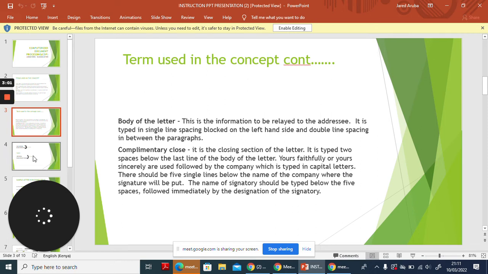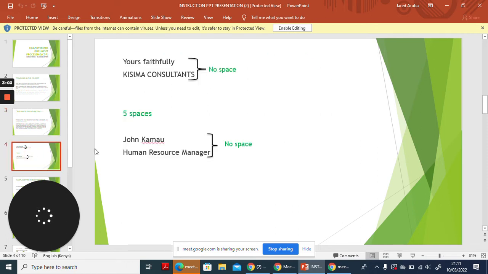And then let's look at how the complementary clause is typed. So you can look at, we have the yours faithfully, and then we have the name of the organization downwards here, the Kisima Consultancy. And then you turn 5 spaces, and then you type the name of the person who is writing the letter, and then the occupation of that person. So we move on and look at